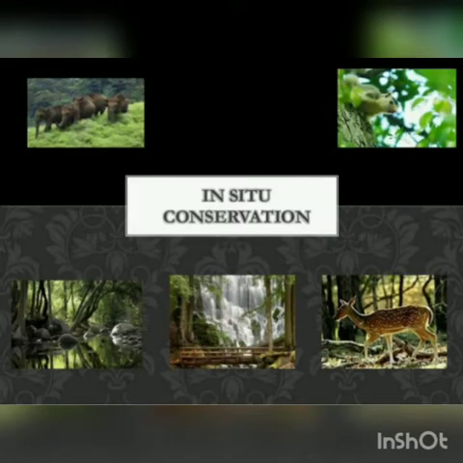Today's topic is about in situ conservation and ex situ conservation. First of all, I want to tell you what in situ conservation is. It is one of the methods of conservation of genetic resources in natural populations of plant or animal species. In other words, we can say it is a set of conservation techniques involving the designation, management, and monitoring of biodiversity in the same area where it is encountered.